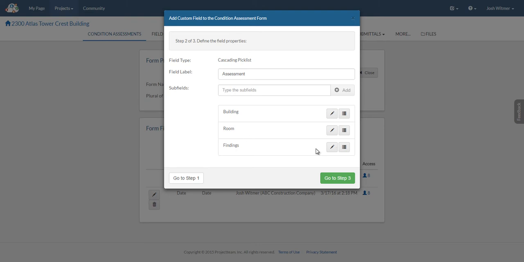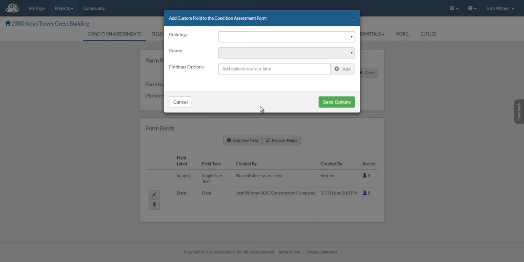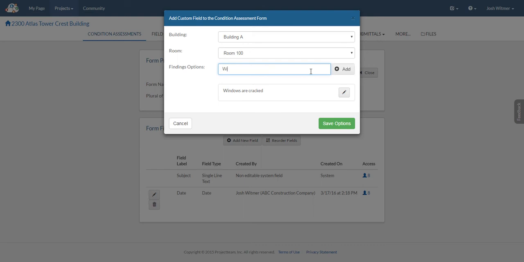Now I've defined the building and the room subfields, but there's this last one, the findings. I can go in and click that I want to add the options. Because this is the third level of this cascading pick list, it's going to ask me to define what building I want to add first. So I'm going to say for building A, in room 100, maybe there's a lot of windows in that room, I will say the windows are cracked. Maybe I say the windows are not sealed,